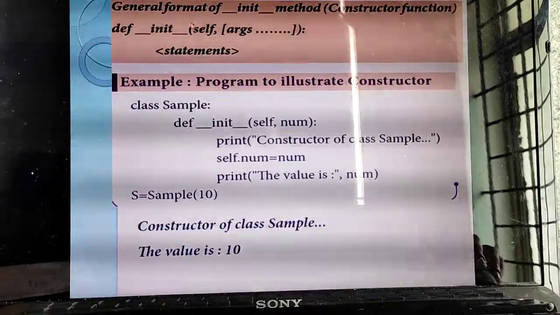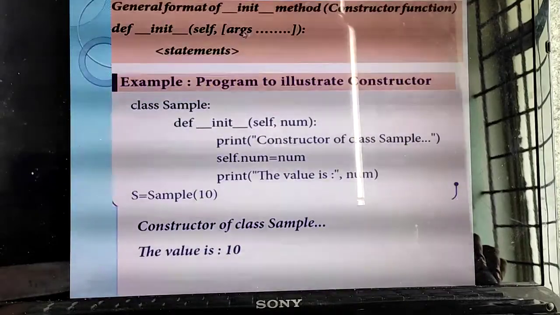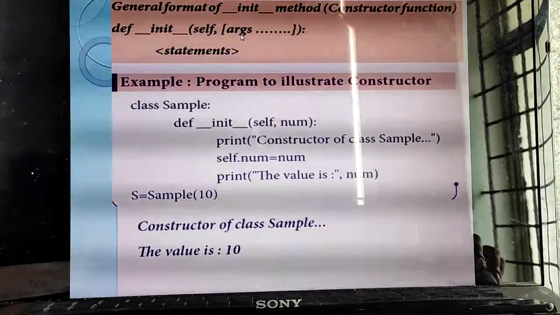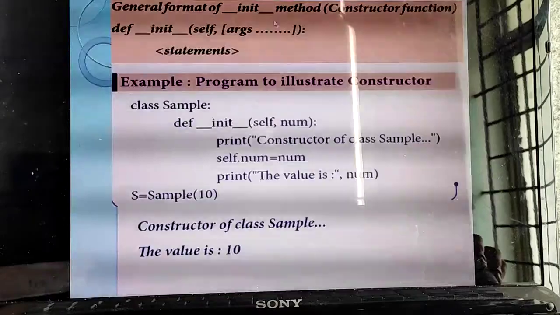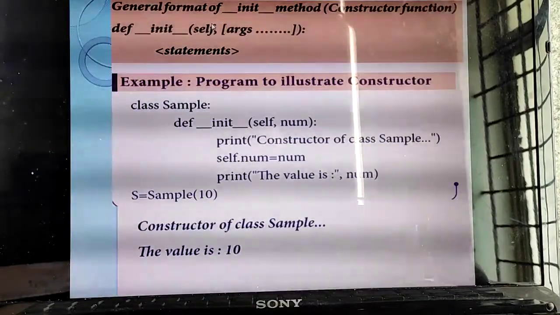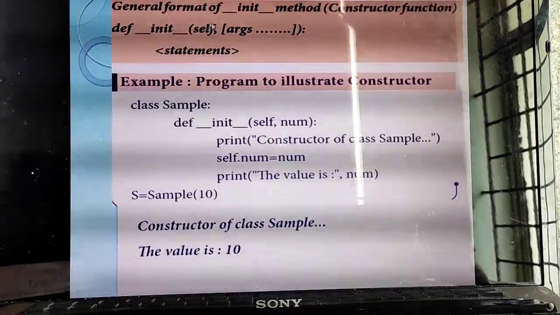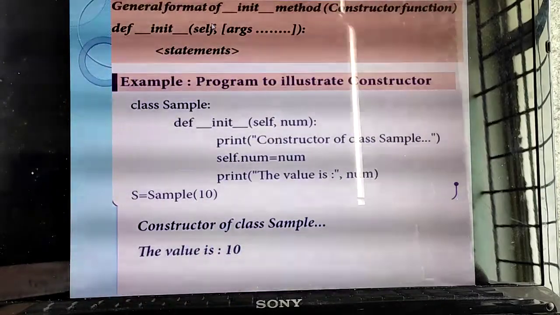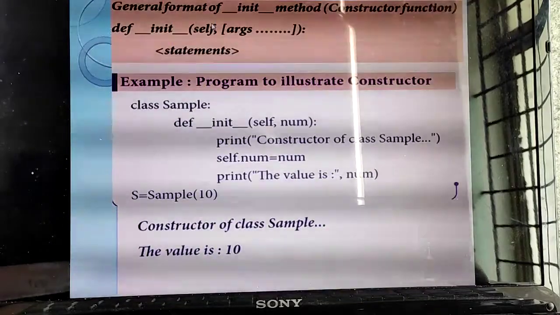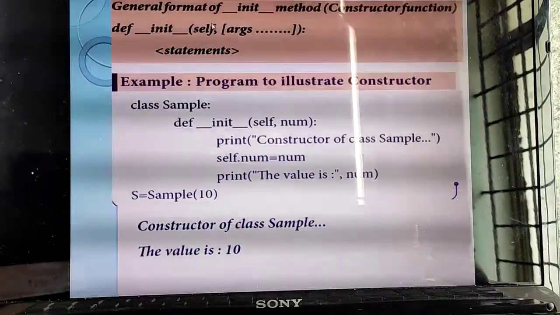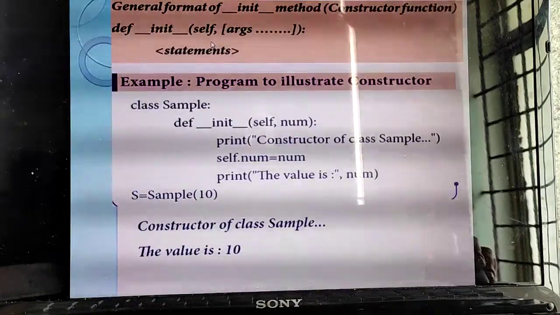Inside the function you have given arguments. The ARGS represents arguments. If you are not giving any arguments also, it will consider one argument called self. Yesterday itself I said, in the last class you studied, no? So if you are not giving any arguments, it will still consider one argument called self. Understand? Then inside that you can give a lot of statements.